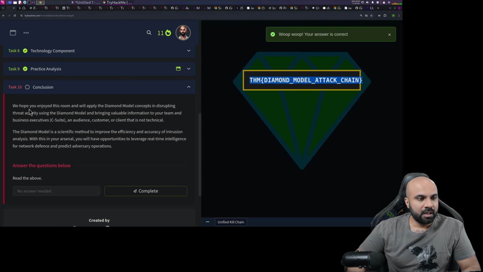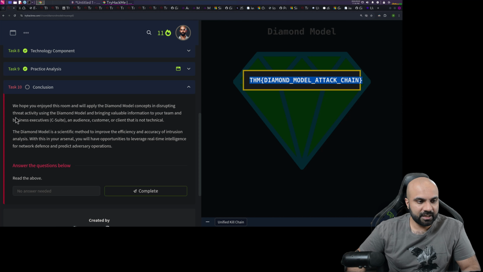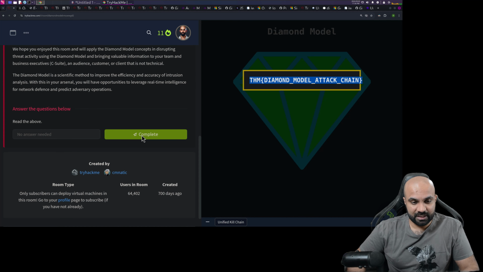Task 10. We hope you enjoyed this room and will apply the diamond model concept in disrupting threat activity, bringing valuable information to your team and business executive C-suite, and audience, customer, or client that is not technical. The diamond model is a scientific model to improve the efficiency and accuracy of intrusion analysis. With this in your arsenal, so we have our own arsenal, right? You will have opportunities to leverage real-time intelligence for network defense and predict adversary operations. So once we click on complete,